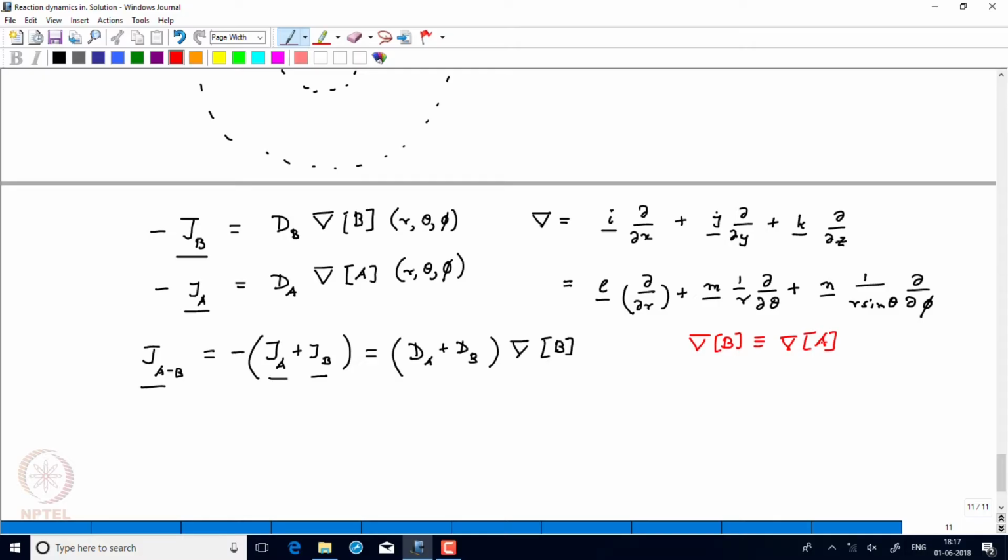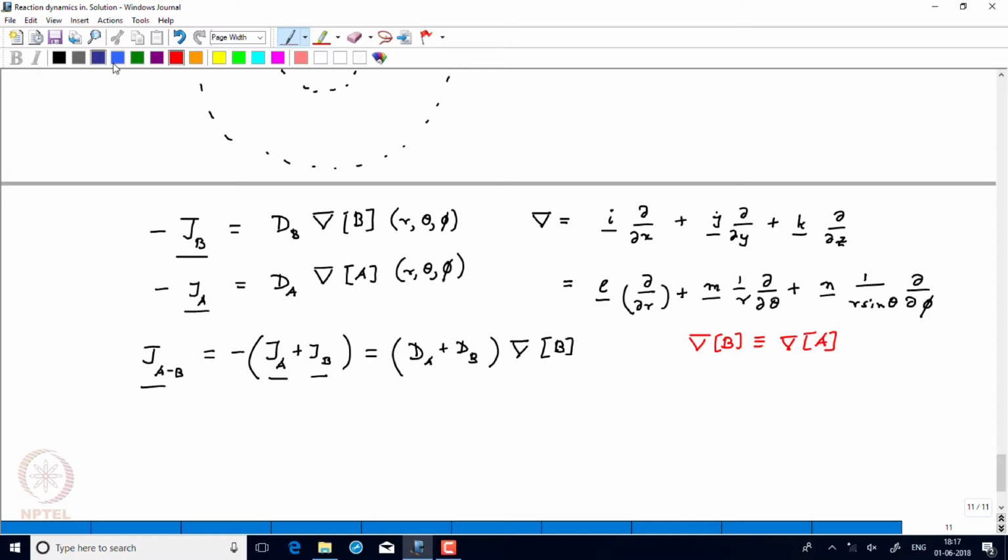Now what we can say here is that A and B are basically approaching each other. Suppose at time 0 the reaction starts, and A and B approach each other. Once they encounter, a concentration gradient sets in, and then more and more A and B approach each other, and there will be a reaction. Sooner or later a steady state will be reached. Before we started, at t equal to 0, everything had a bulk concentration, meaning the B